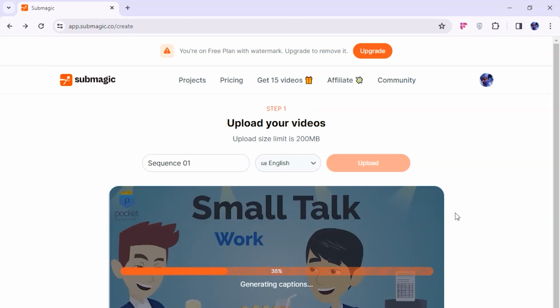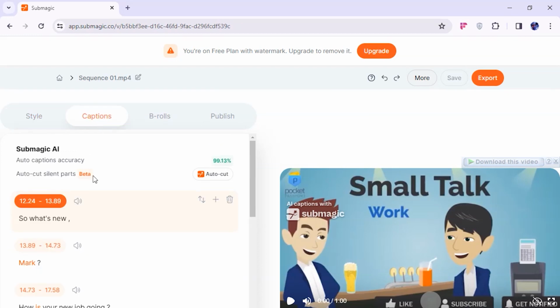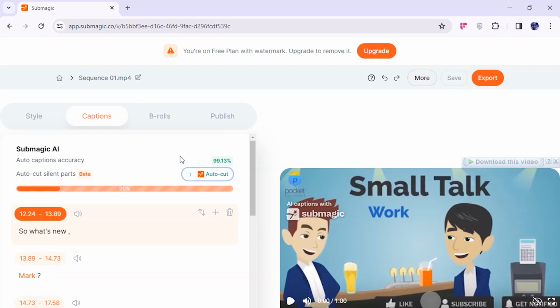Also generate captions for your video. Now here, click on captions. And you can see the auto cut button right here. Click on it. And just in a few seconds, it will automatically cut and remove all silence parts from your